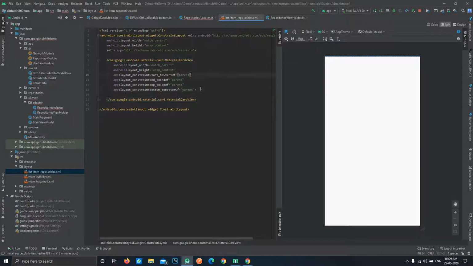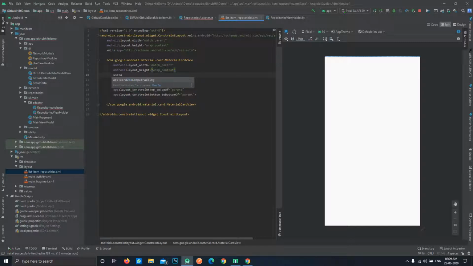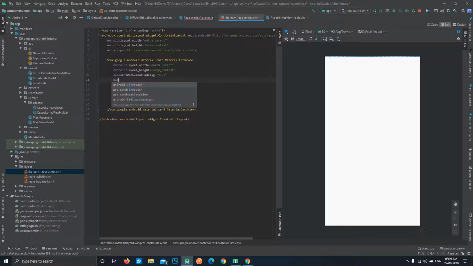Now we'll set use compat padding to true, and the elevation of this card to, let's say, 5 dps. What this will do is automatically add padding at all the sides of the card so that it can draw the shadow for this much elevation.